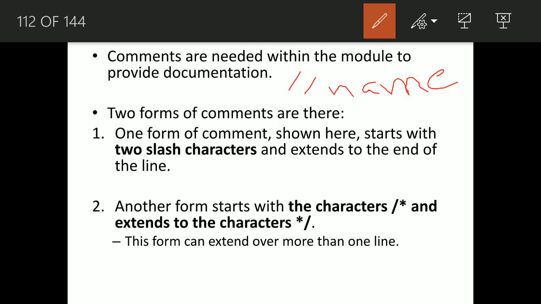There are two types of comments. One is the single line comment, with two forward slashes, and the second one is the multiple line comment, which starts with /*. Two lines are there, end with */. This is a multiple line comment. This is only one line. This is two lines. In multiple lines between /* and */, it may be 2 lines, 3 lines, 10 lines, whatever information is written, it will be read as comments only. It will be ignored, it will not be simulated.